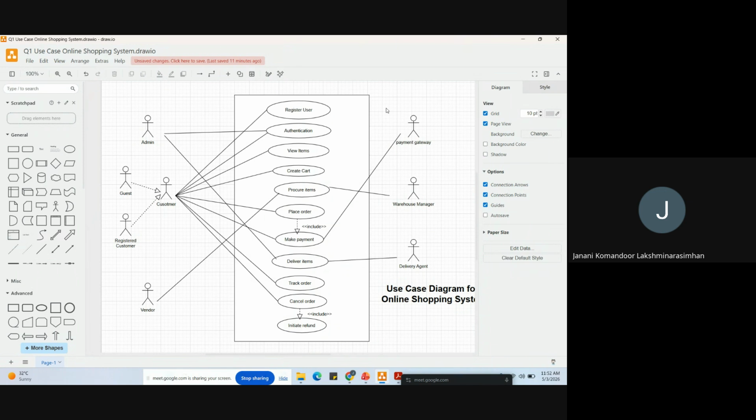I was thinking that admin has the rights to allow someone to be part of the system or delete the user. No, admin doesn't allow any user to be there, but the system has certain rules. They have set certain algorithm or certain rules. If the user doesn't meet those rules, he will not be a registered user. If he has all those things valid, then he will be a valid user.